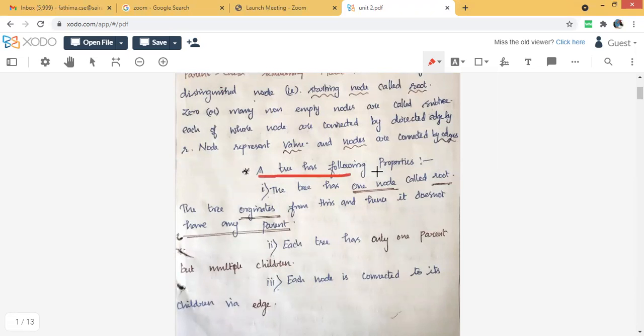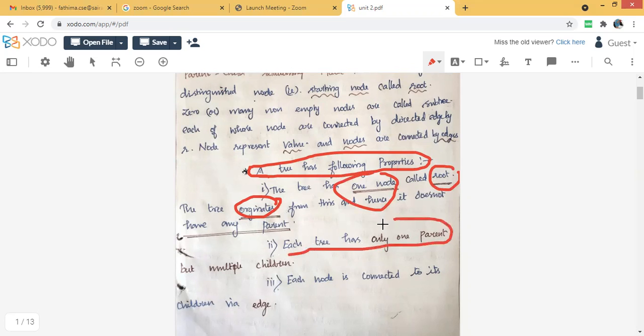In each and every tree, we have to follow some properties. The first property is that every tree has one main root node, which is called the root. That is the originator of that tree. Sometimes in a tree we have subtrees. For example, in the real world, a tree has a main root and subroots also. Based on that, in the tree concept also, we have a main node as the root node, and we have subtrees also. The second property is that each node has only one parent and multiple children.